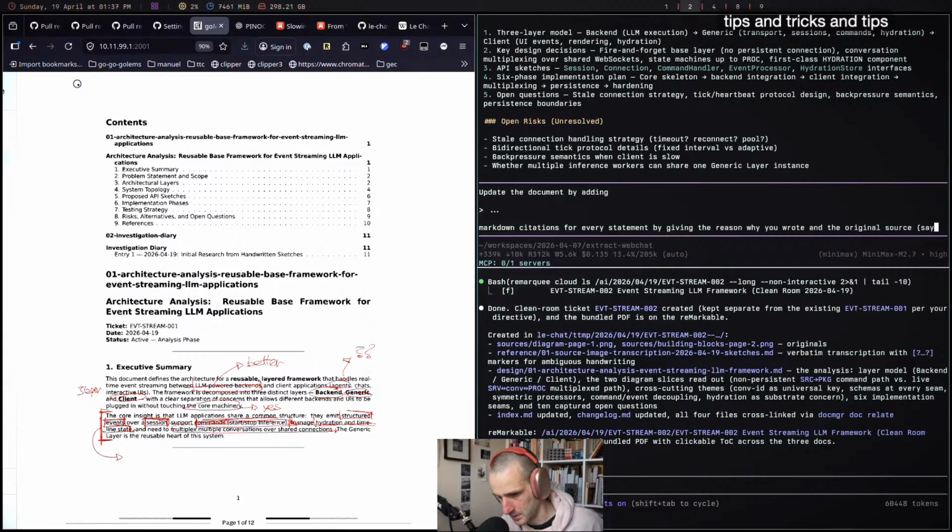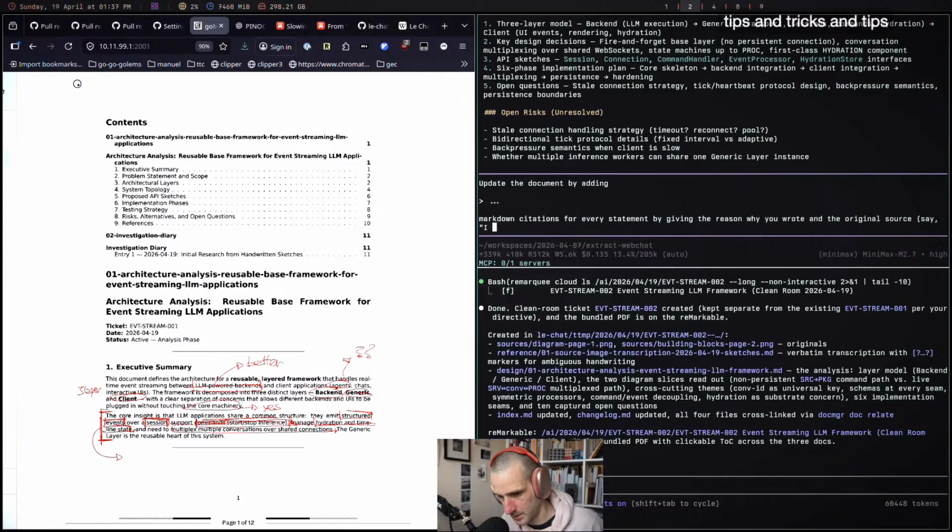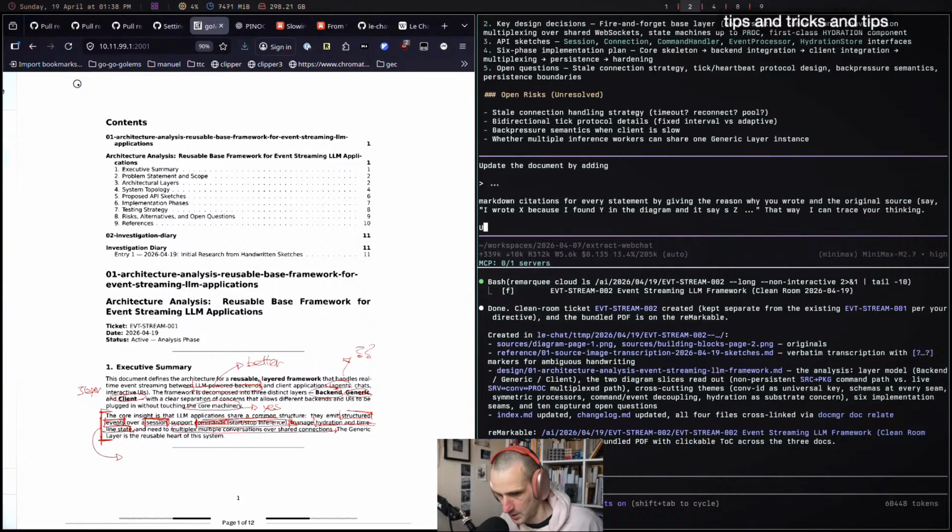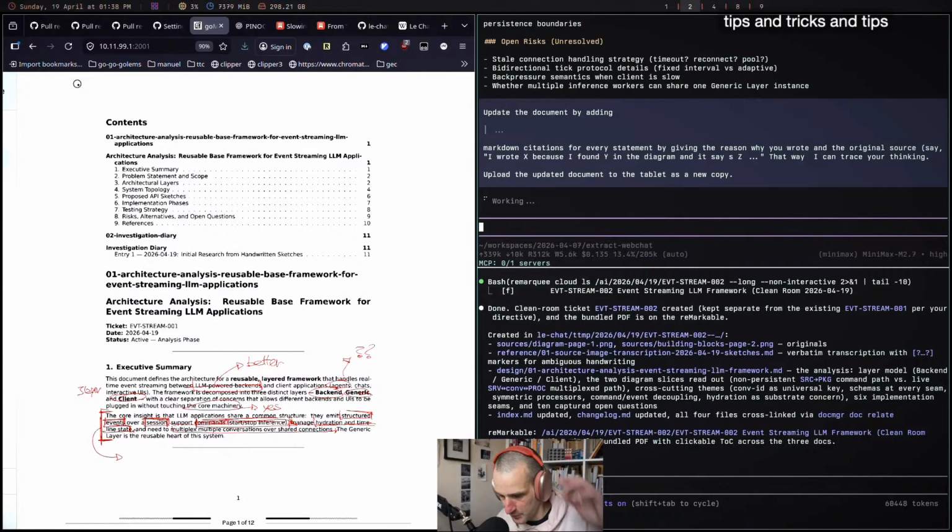Say, I wrote X because I found Y in the diagram and it says Z. That way I can trace your thinking. Upload the updated document to the tablet as a new copy. I forgot to put this in.